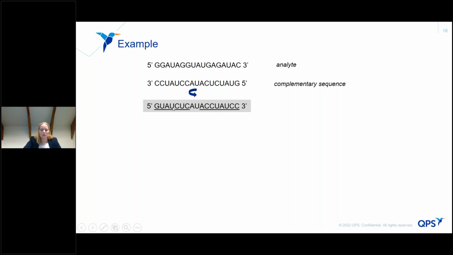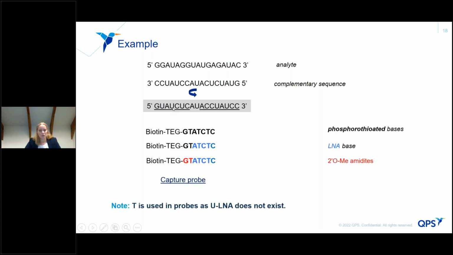And then you start with designing the capture probe. Well, we talked about including a biotin label and a spacer for the capture probe. So let's start with designing the probe. If this is your sequence, then one thing you should also take into consideration is that the T is used in probes because the U in LNA does not exist. So if you have a sequence like this, that means that your